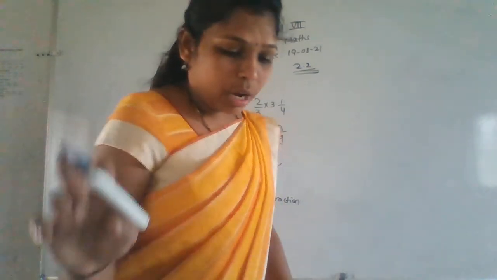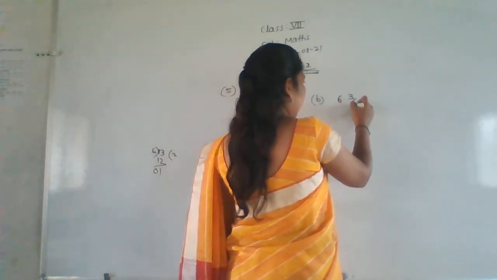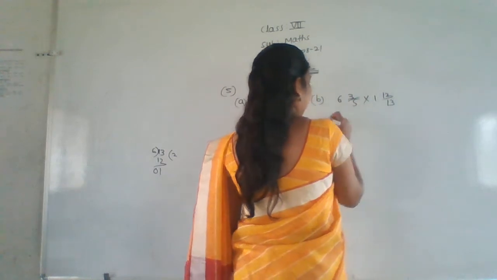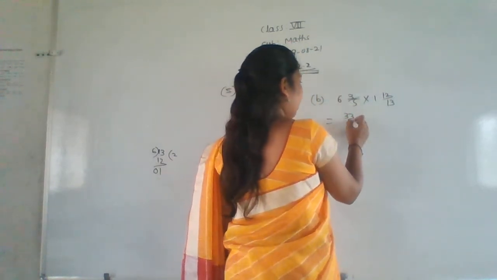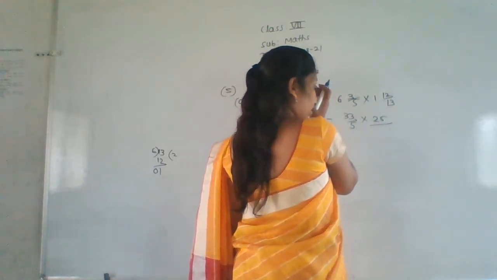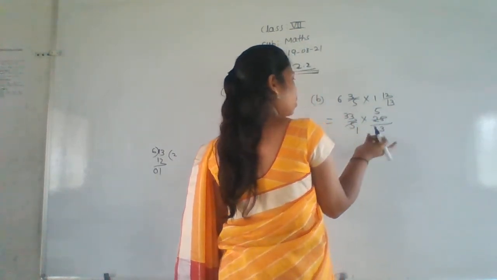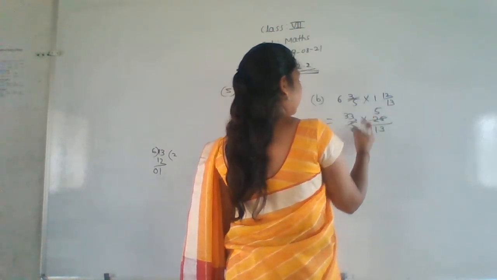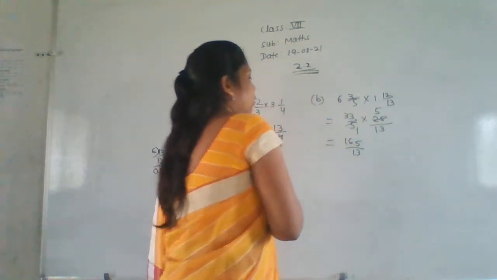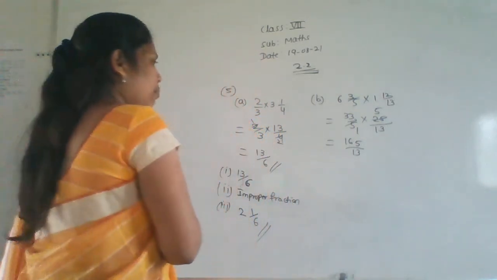Okay, so next one more I will do. The next problem you do yourself. The big one I won't do. 6 integer 3 by 5 into 1 integer 12 by 13. 5 sixes are 30, 30 plus 3 is 33 by 5, into 13 times 1 plus 12 is 25 by 13. Now, no cancellation, just multiply here. 5 threes are 15, 1 carry 5 is 6, 5 ones are 5, 165 by 13. We can't cancel.